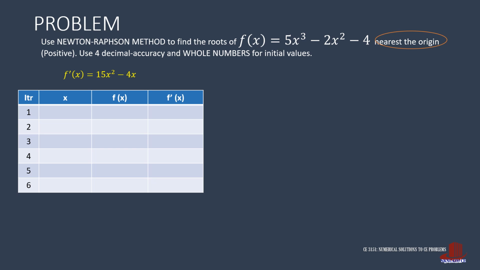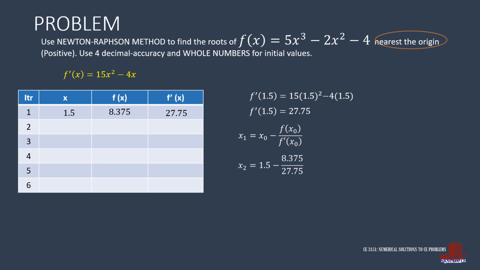We can now fill the table, where the first x is 1.5, and the computed f of x earlier is 8.375. Next is to look for f prime of 1.5. That is 15 of 1.5 squared minus 4 of 1.5, which gives 27.75. Now we completed the first iteration. We continue to the next x, which is computed from the Newton Raphson function, which gives 1.5 minus 8.375 over 27.75, giving